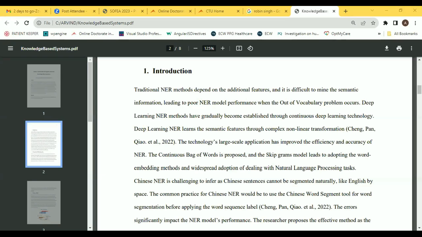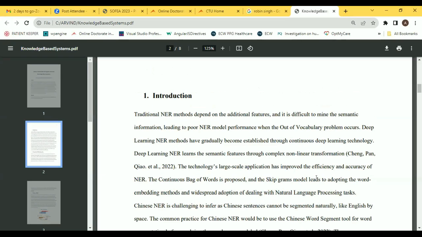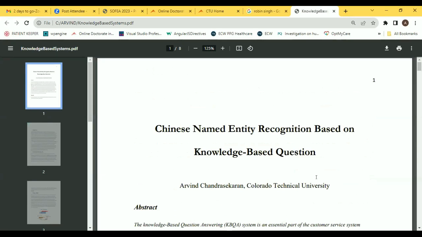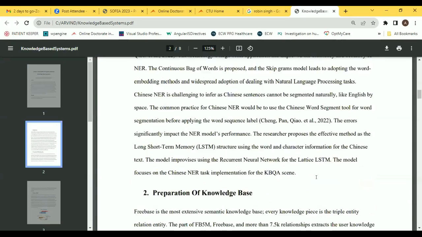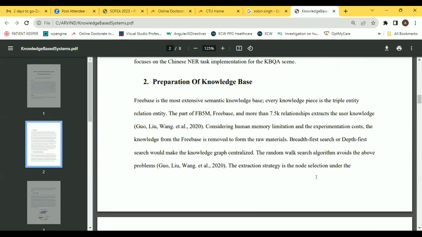This is a knowledge-based system. So it is a kind of Chinese named entity based on the knowledge-based questions. Actually, this one is Freebase, a semantic knowledge base wherein there are triple entity relations. The part of Freebase, FPM, and then other around like